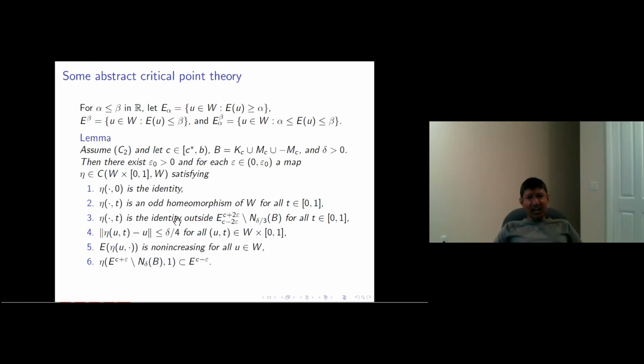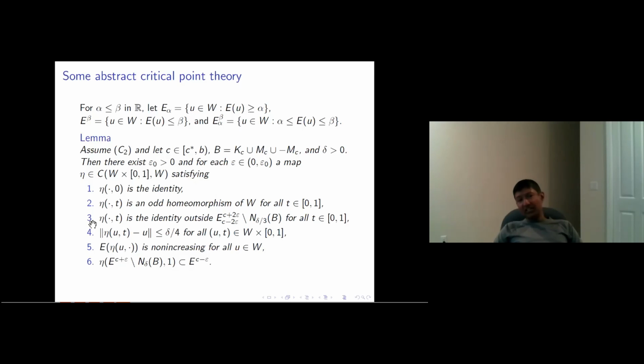And it's the identity if E is between the level C minus 2 epsilon and C plus 2 epsilon, but away from this set B. So in the classical result, this set B is just the set of critical points at the level C, KC. So you don't have MC and negative MC in the classical result, but the difference here is that